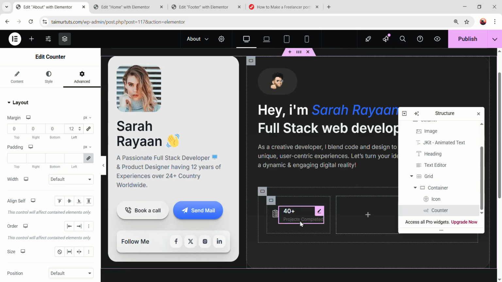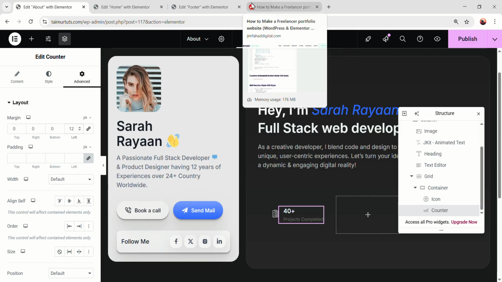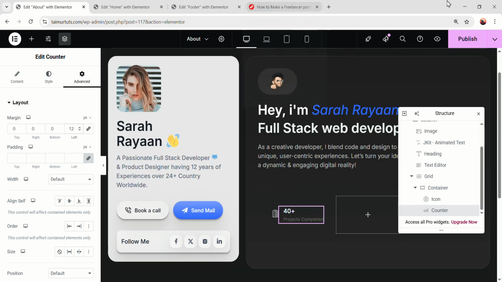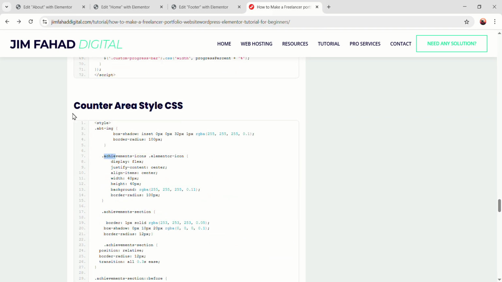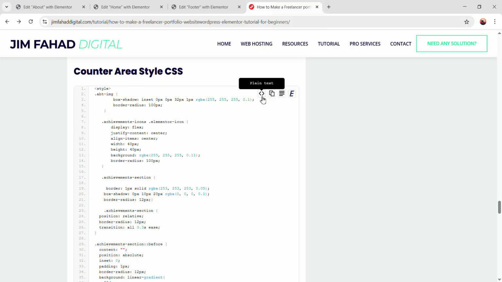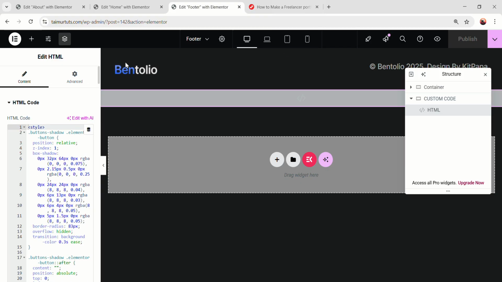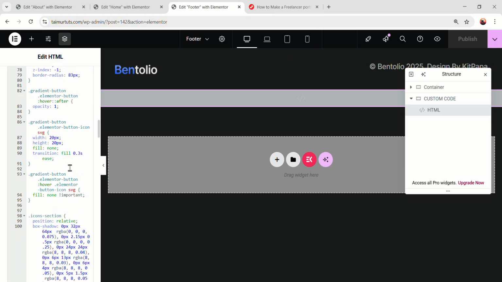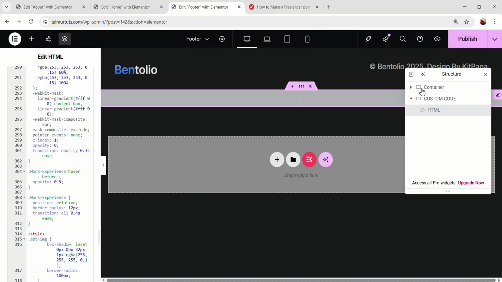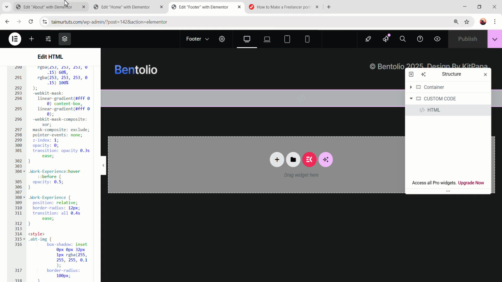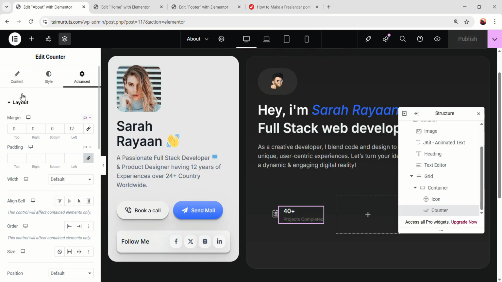Okay, so this is looking nice, but I'm gonna work on this icon and basically the whole item here. I'm gonna add some custom code. So go back to the JFD website, and here if you scroll down, and you find the counter area style CSS. Copy the whole code, and this time I'm gonna paste the code in the footer instead of that about page. So in the footer, we can add the code in the code base, then publish, go back to the about, publish, refresh the page,